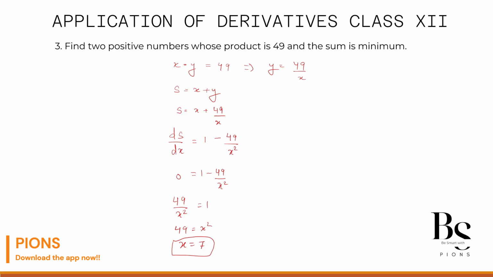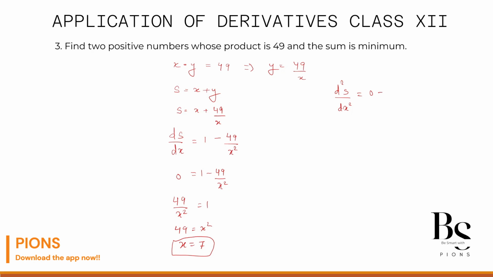We do the double derivative. So let's differentiate this equation once again and put this 7 in that. And if you get a negative value, it is maximum. If you get a positive value, it is minimum. So let's take the double derivative d square s by dx square, and this will give us derivative of 1, 0, minus,